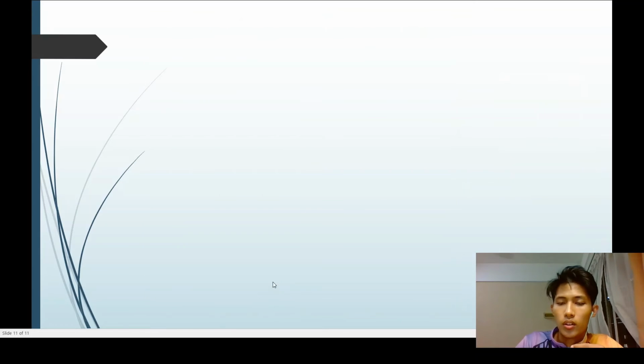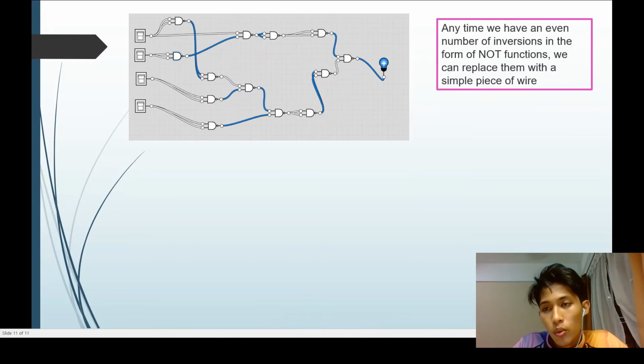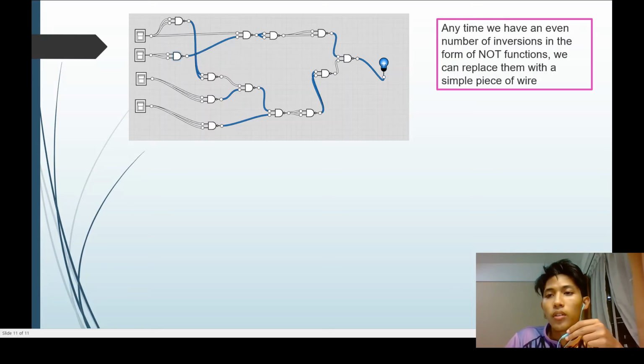So the next one is the next condition. The information is, anytime we have an even number of inversions in the form of NOT functions, which are NOT gates, we can replace them with a simple piece of wire or a single wire. So it means that if there are two or four NOT gates, they can be replaced by a single wire. But in this case, we only discuss the NAND gate. So for the NAND gate,